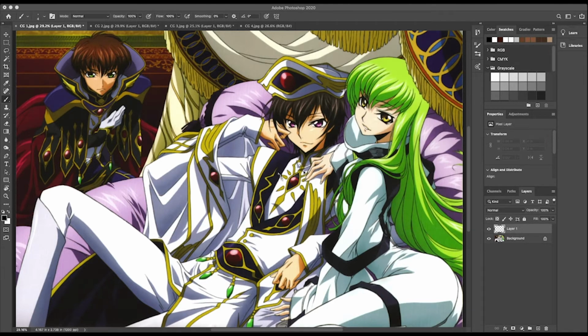But in the design itself, here are some of the things we're going to break down that make it work. So first thing I noticed are these repeat shapes right here. Let me actually go ahead and grab the brush tool. So right here we see this shape, this shape, this shape, this shape, and this shape. All these weird red pearl eye looking things. So this is just, and even right in Suzaku's